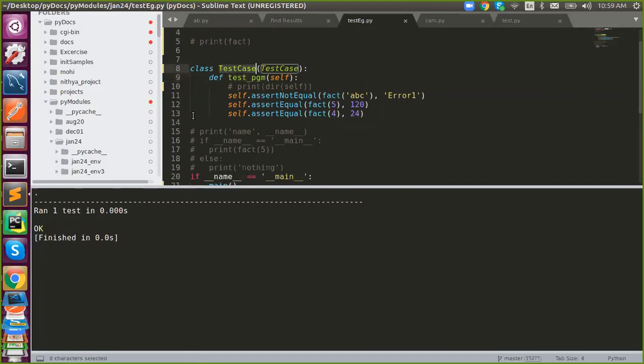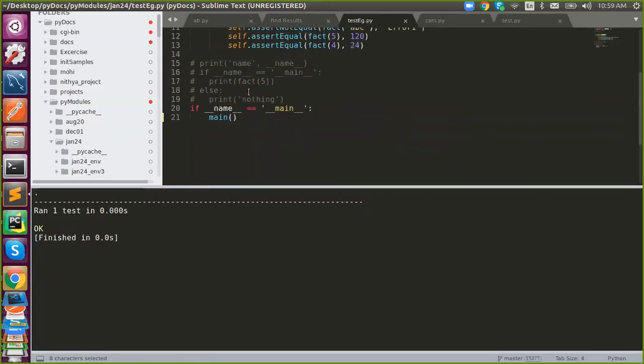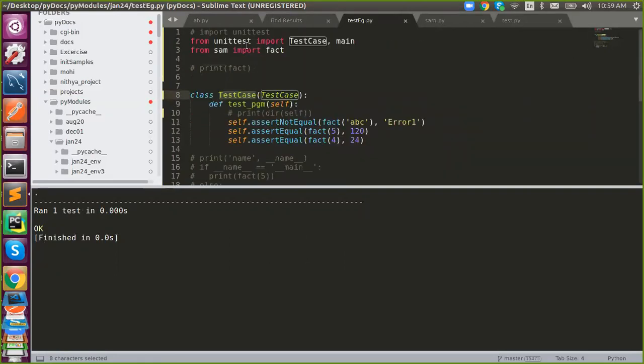You need to maintain a class name with test and also a method with test, because I've created a class test but I never ran it in my program, right? So this is taken care of by unittest itself. So you need to run main. Main will take care of instantiating this class and executing this method. We don't need to worry about that. This will be taken care of by main itself, but we need to ensure your class starts with test, and your method should start with this. That's what we need to ensure.